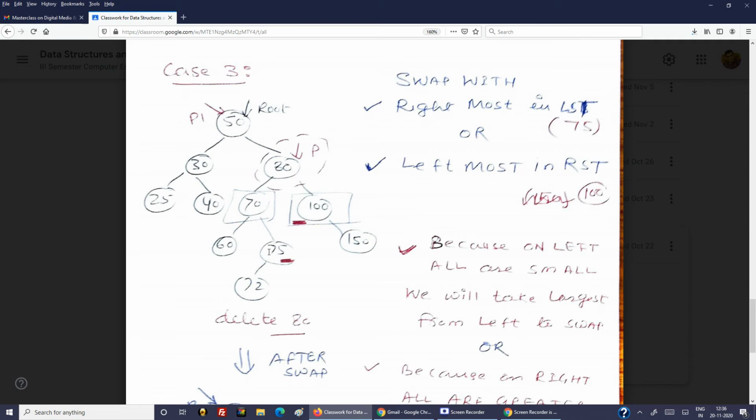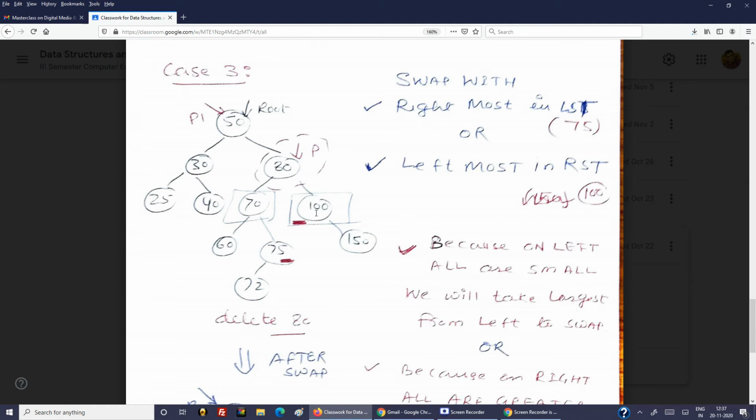You can choose this, or you can also take the leftmost of the right subtree. The right subtree starts here, and this is the leftmost because there is nothing on the left of it. So the leftmost in the right subtree is this 100.